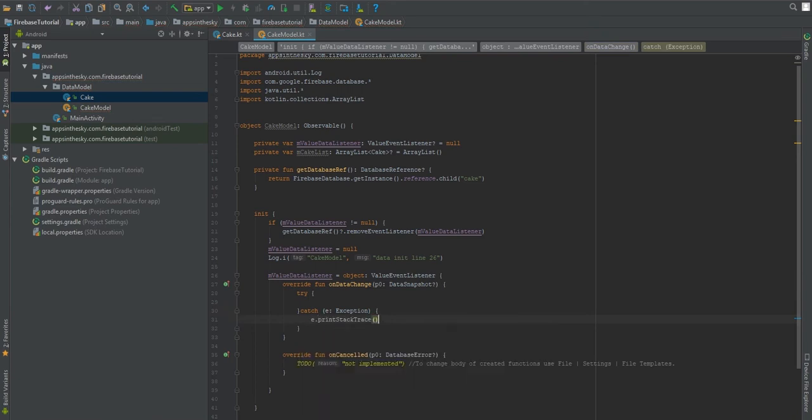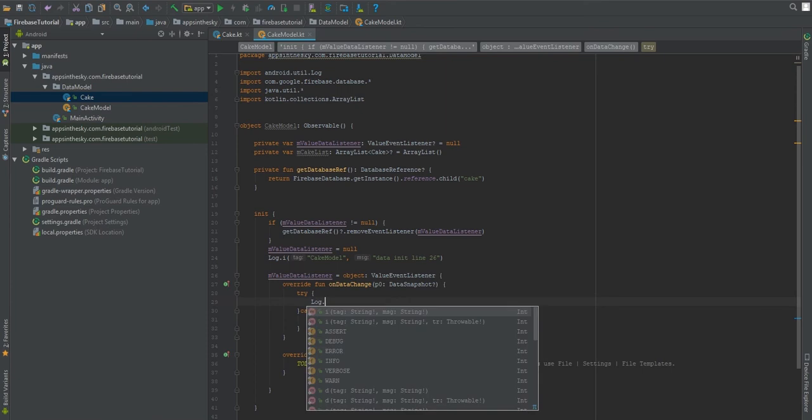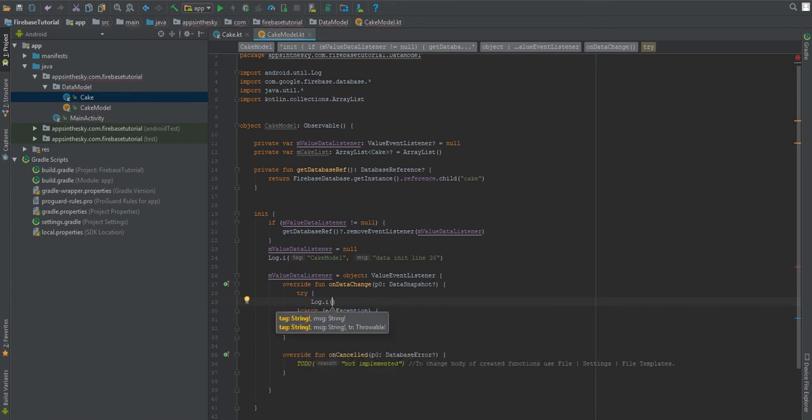e.printStackTrace, so we know if anything wrong happens. Log.i inside the try, CakeModel. Missed out a capital letter. Okay. And the message we're going to have inside this log is data updated